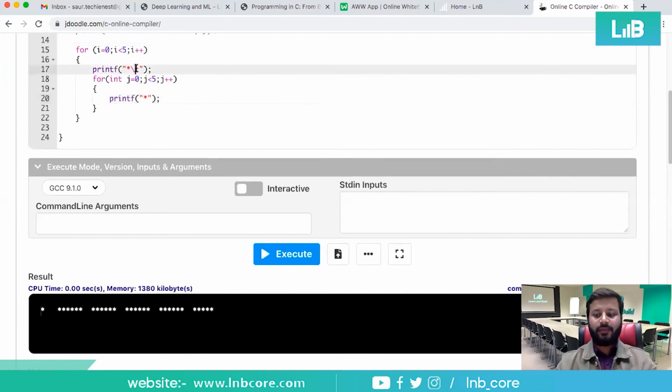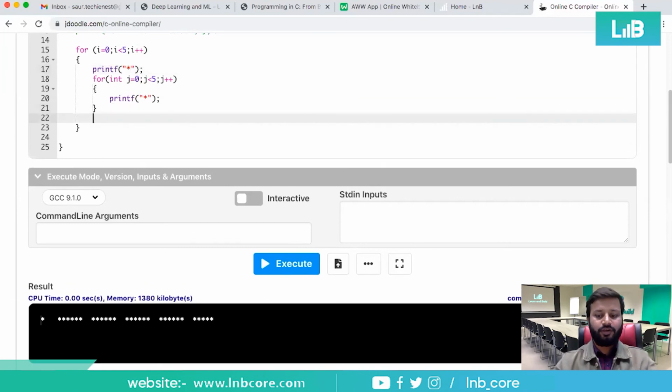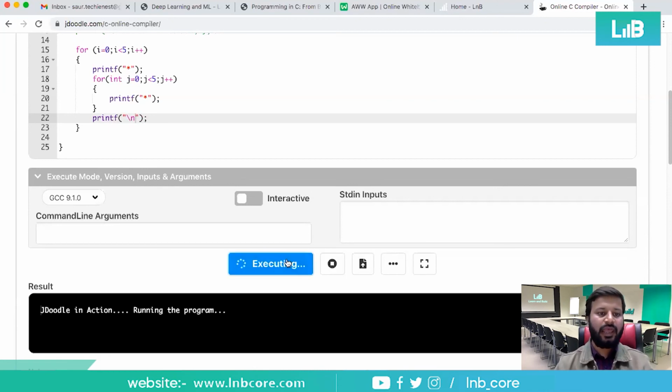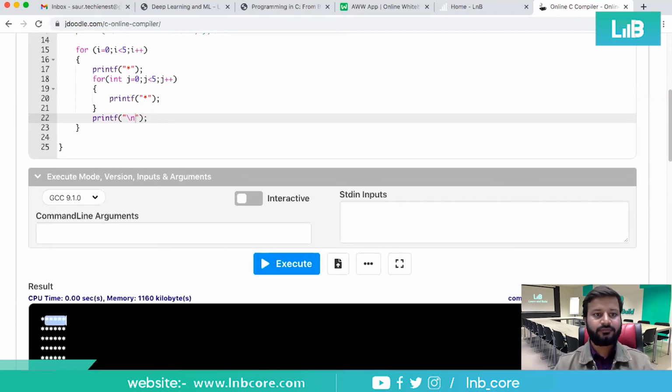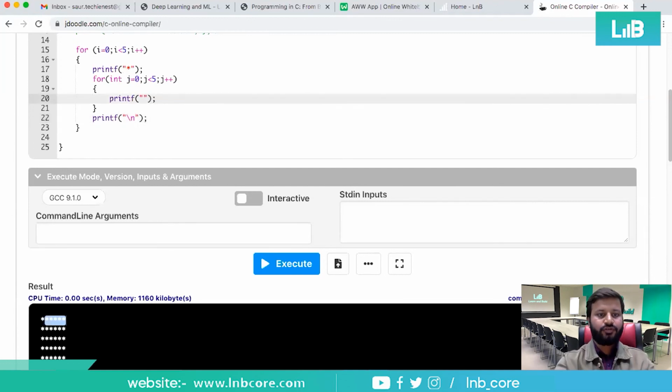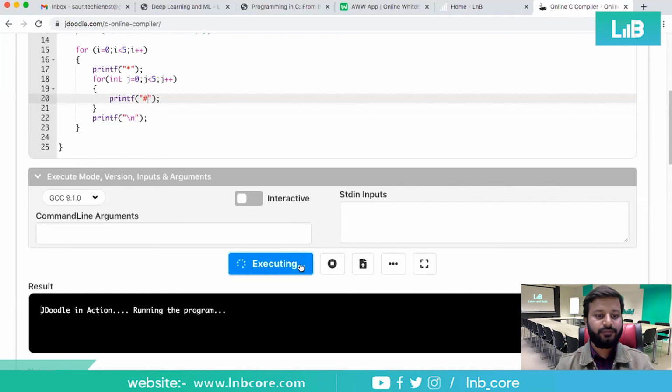Now, what if I do not use this, and I use a print statement here, and here only I use \n? Let us understand what will happen. See what happens here. I use hash to show you the proper difference.